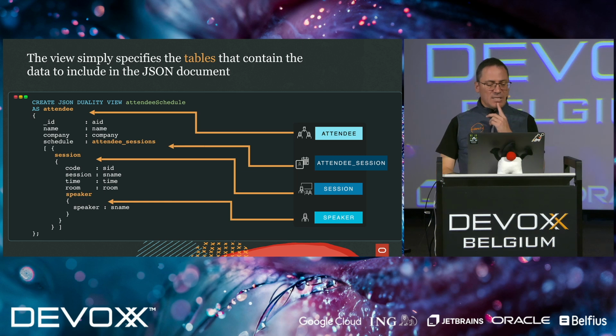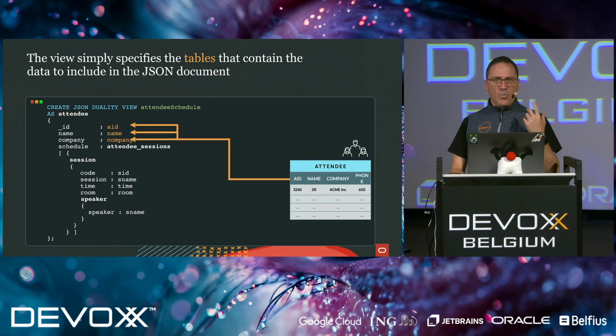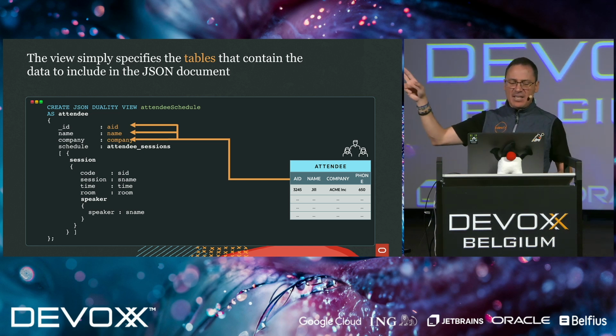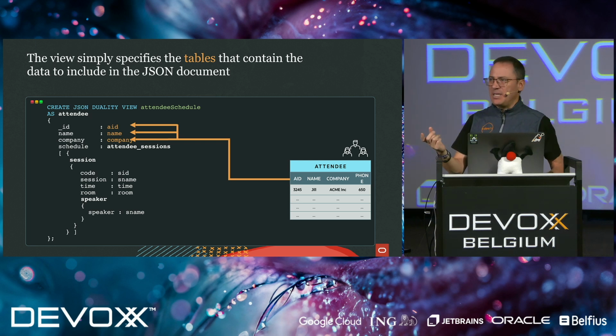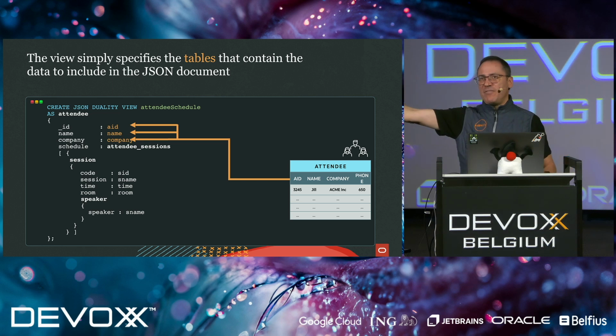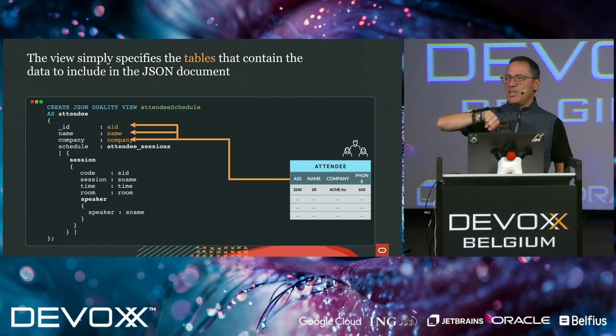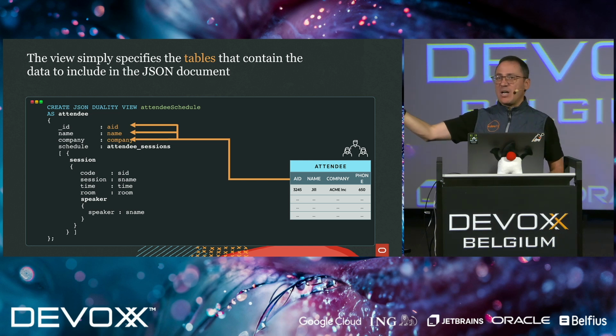So right quickly, we can say that for the definition of this mapping, we have 4 tables. The names of the tables match the names of the elements that we have here. We have a way to define which relational columns we want to expose as document properties. So on the left side, underscore ID, name, company, those are the names of the JSON properties. AID, name, and company are the names of the columns. There is a shortcut version here where the name of one on the left is the same as the name of the right. Then you can specify only the name on the right, so name and company will have been enough.